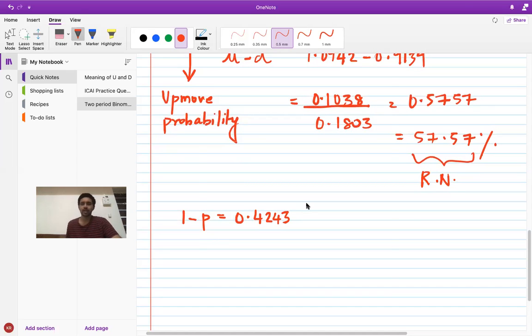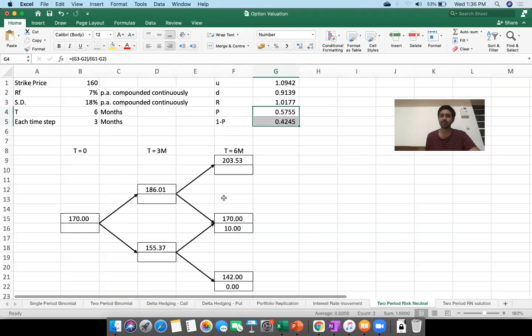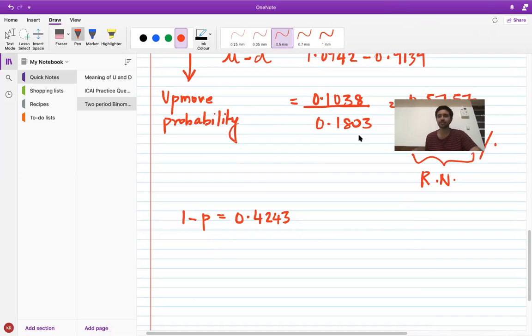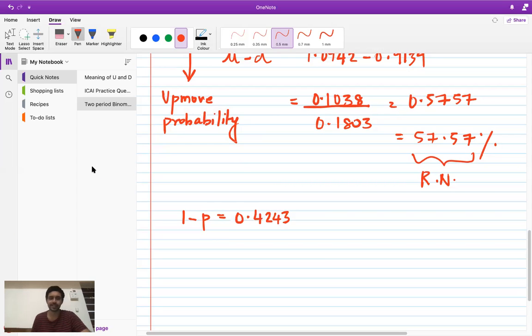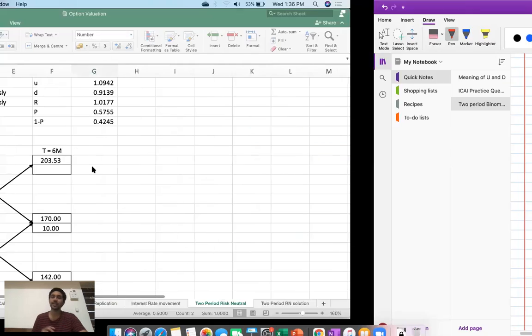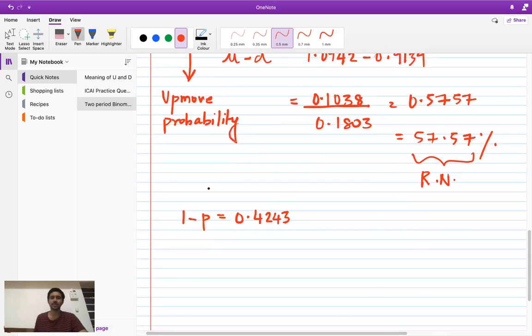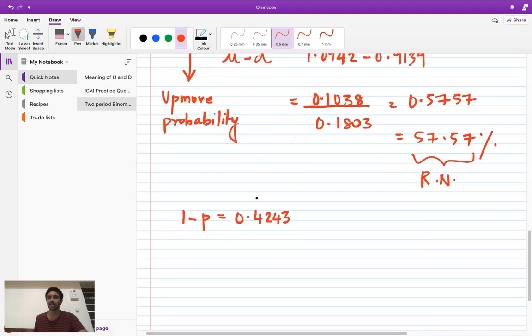I'm just thinking if we can continue with the Excel probabilities, because I think that will be better. Although in an examination, these probabilities are going to be fine. In the exam you can continue with these numbers, but since we have a different set of numbers in Excel, I would like to take the Excel numbers because these are more accurate. So finally we will be taking P as